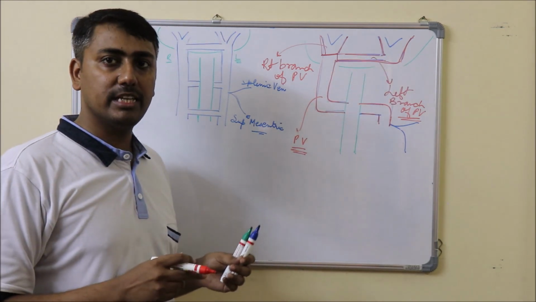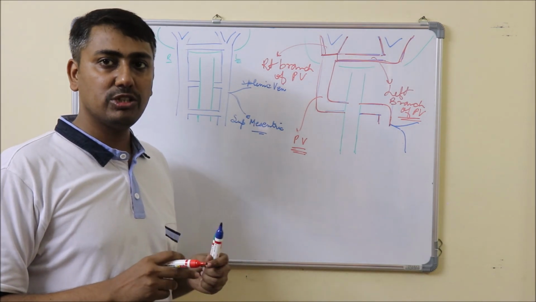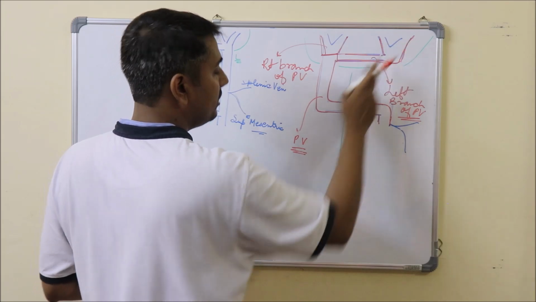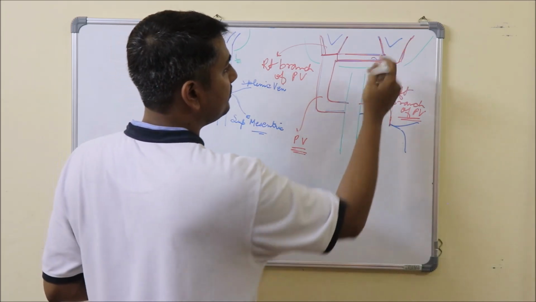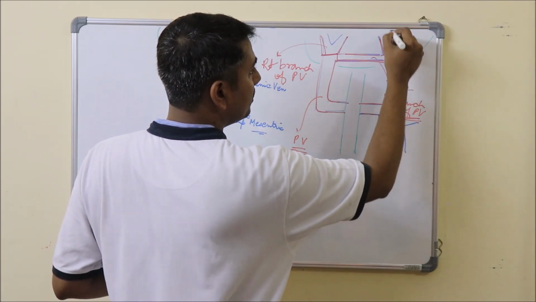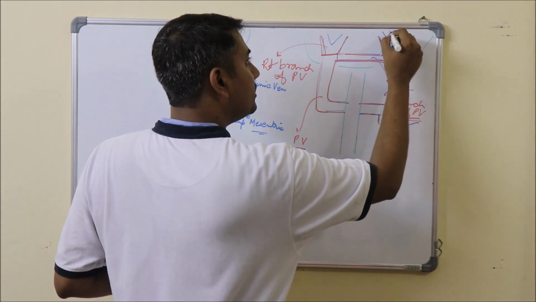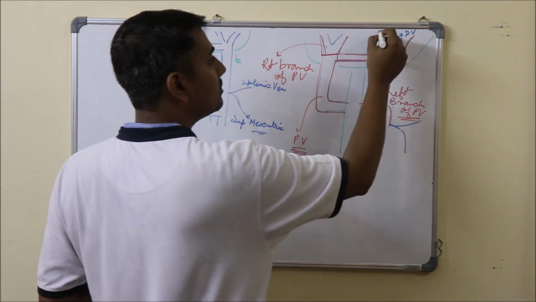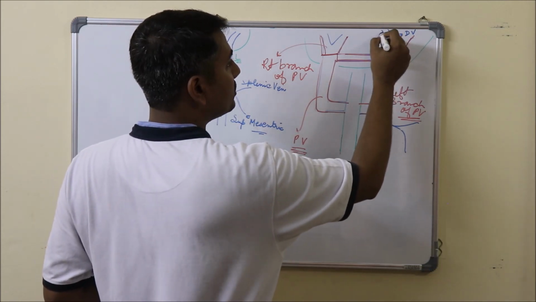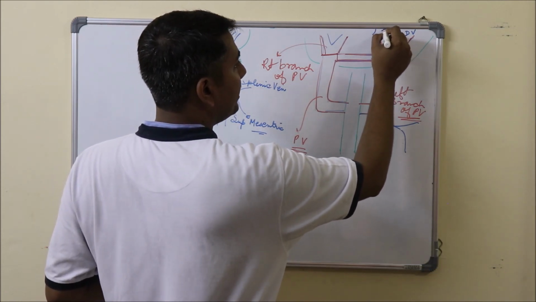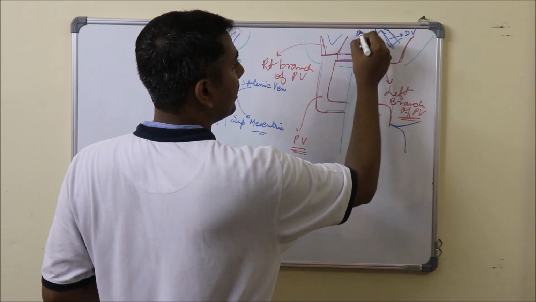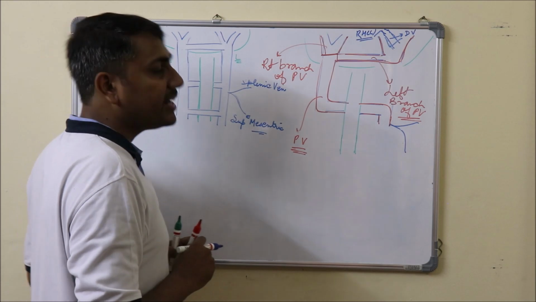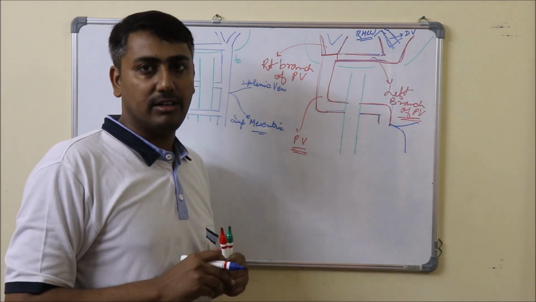And as we have seen in the previous video on the formation of the ductus venosus, this left branch of portal vein will now communicate with the ductus venosus, and through this ductus venosus it will drain into the right hepatocardiac channel, which will form the hepatic segment of the inferior vena cava.